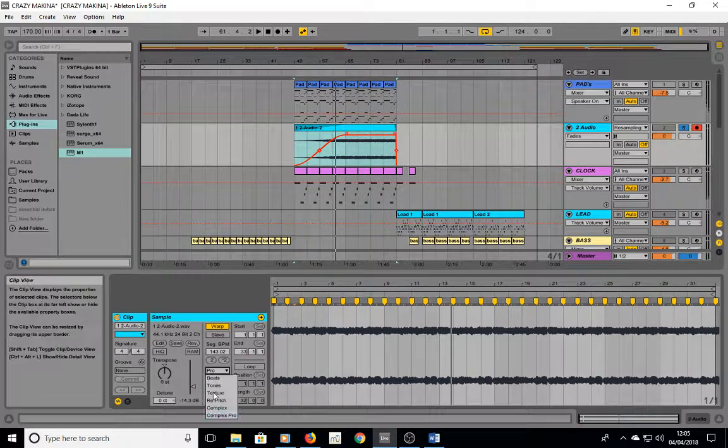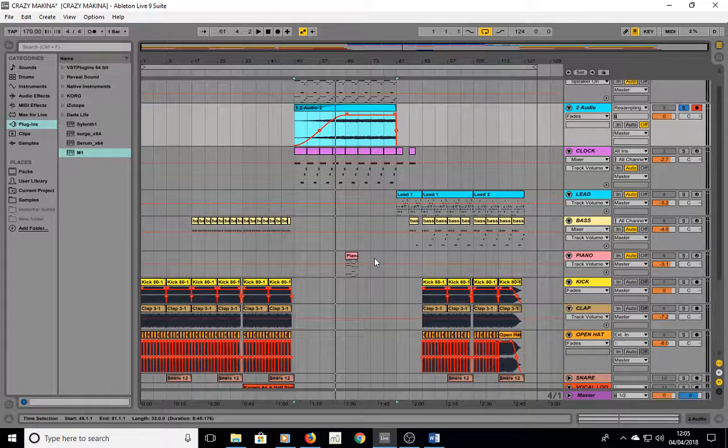If I have it on Complex Pro, it gives it the best sound without it sounding too electronic. So this next bit, I was showing the recording for that bit and moving it over, copying. And this bit,